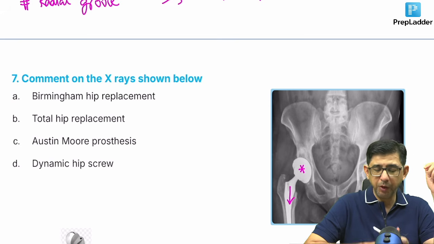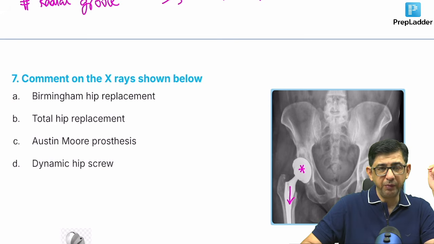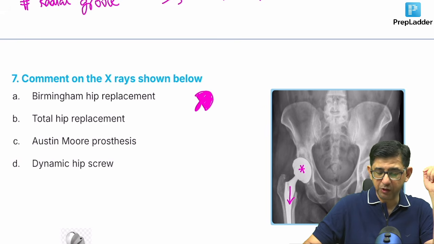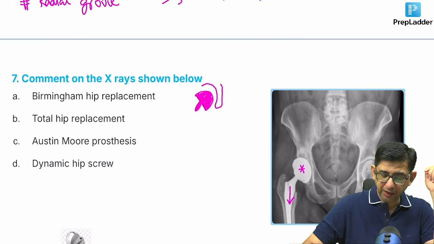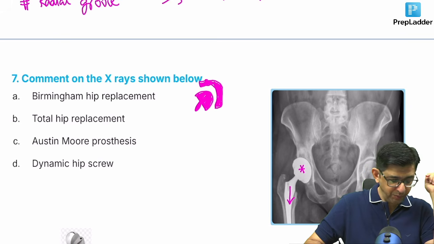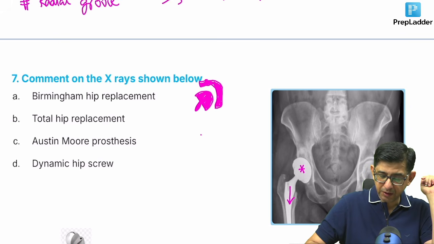The Birmingham hip replacement will be having a round, obviously this femur head with the screw. The BHR, Birmingham hip replacement, will be having like this a round head of the femur with only a small screw that is present, and along with that there would be an acetabular cup also present. There is an acetabular cup on the acetabulum side, and simultaneously a cup-like appearance with respect to the head of the femur. But in this particular case, you can notice the implant is like this. It is like taking the shape of the head of the femur.